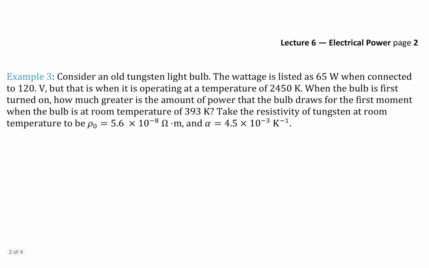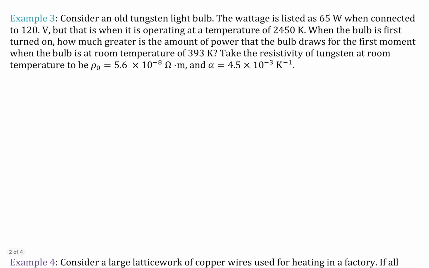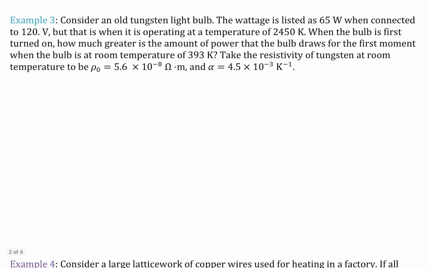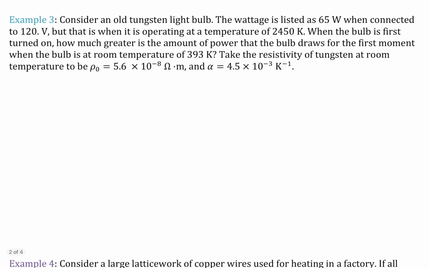Consider an old tungsten light bulb, which is really what we were talking about in the previous example, example 2. It's old because as a society, we've moved on from tungsten light bulbs rather quickly, and now we generally use LED light bulbs, although compact fluorescents are also used. So consider an old tungsten light bulb. The wattage is listed as 65 watts when connected to 120 volts. But that is when its operating temperature is